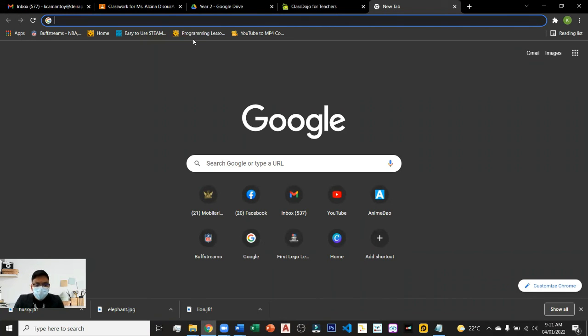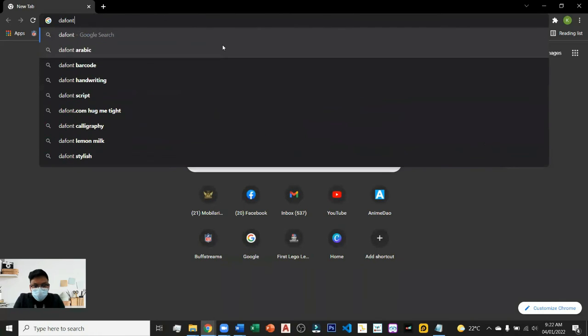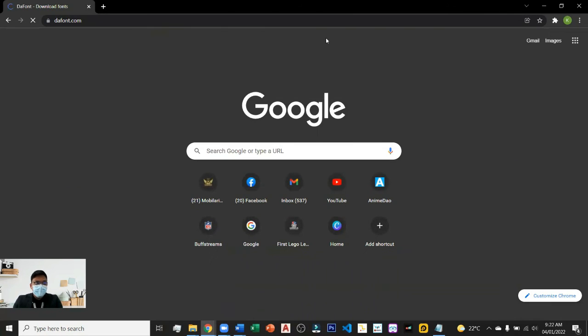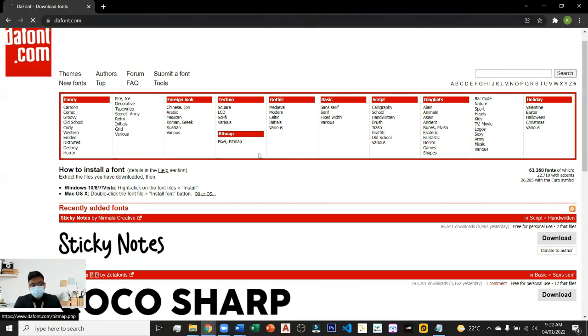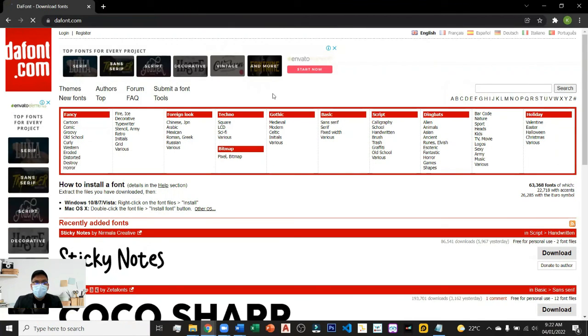Let's type in the fonts, thefont.com. There we go. So this website is a font style website wherein you can download and install fonts within your computer. All of these font styles can be uploaded within your computer and used in the applications on your computer. Let's say I want to use